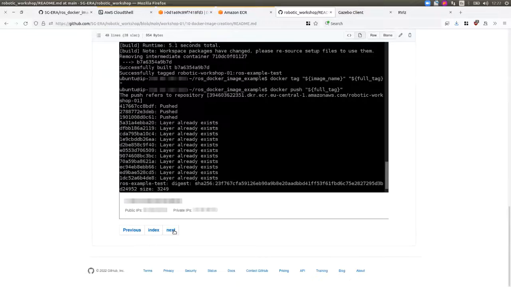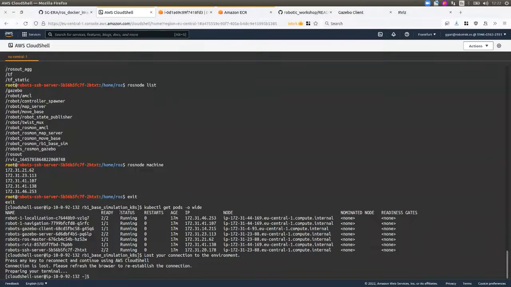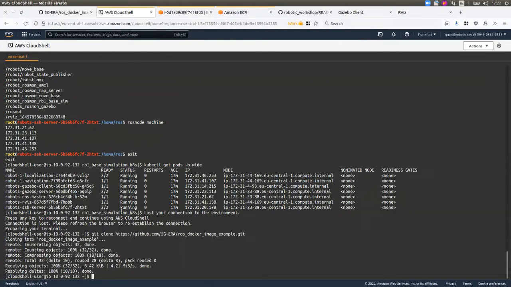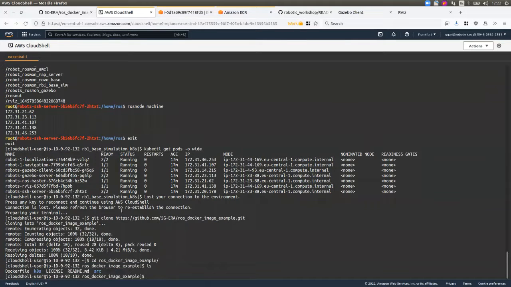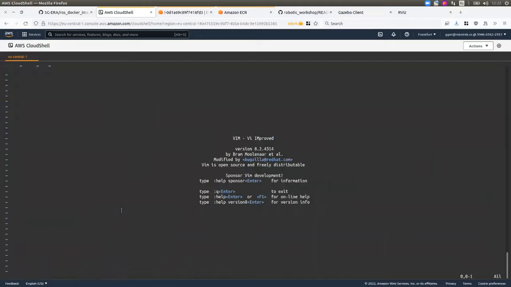The next step is to download this repository to the Amazon Cloud Shell, so we can interact with that. So we're going to the ROS example, and we need to, let's see, do we have nano here? No, we have vi. Yeah, we have vi. So for the ones who are not comfortable with vi, because it's a little bit scary for